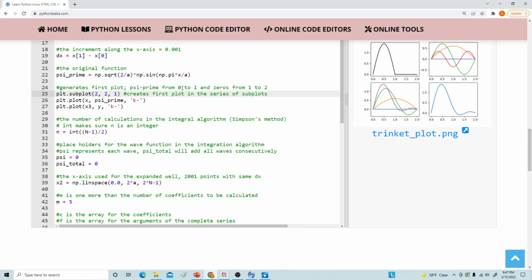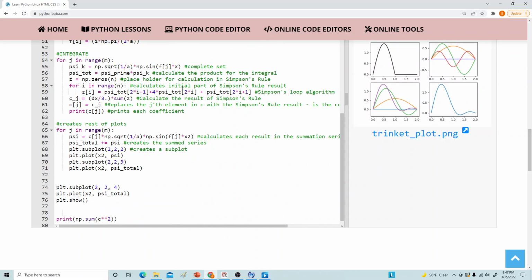Okay, and I'll explain how the subplots work here in just a minute. So in the second subplot, what you're seeing is each individual one of the functions that we calculate on the same graph. They're not added up yet. Remember, they're added up in the psi total. So in this, we're just seeing each individual